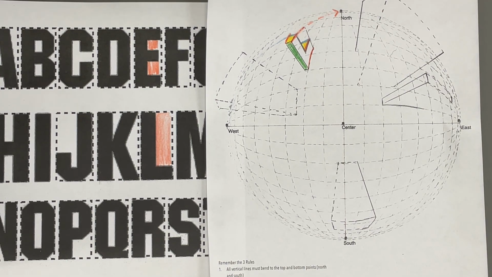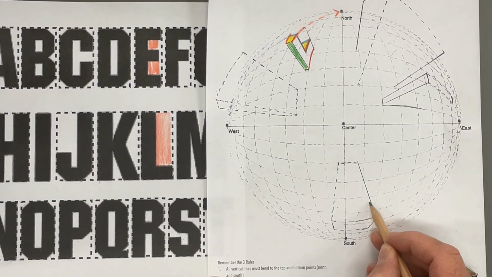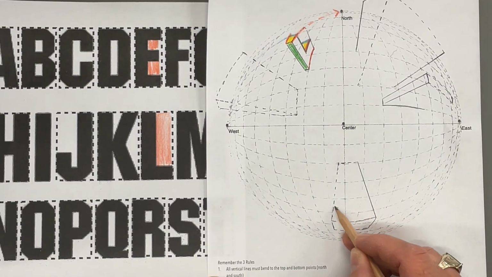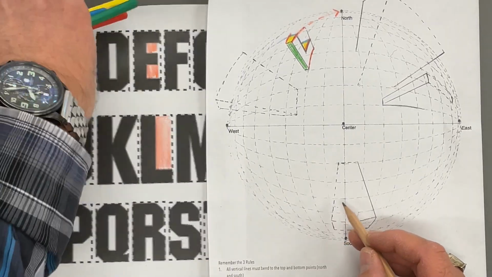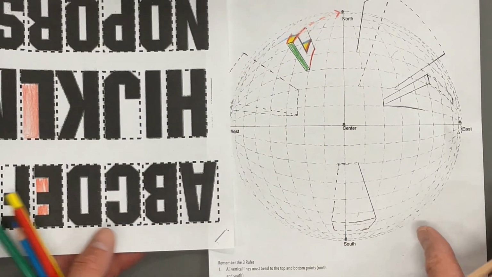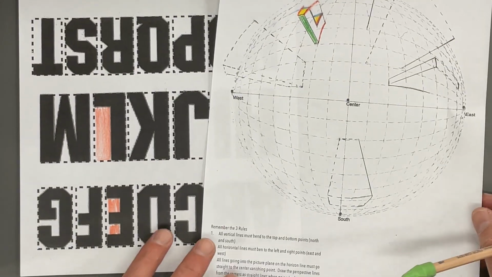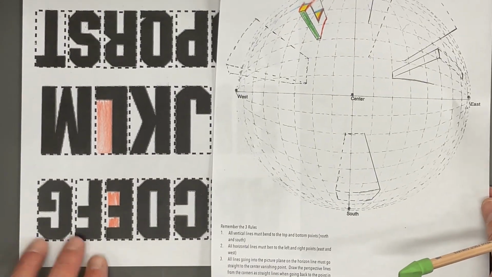So let's start with that here. What I'm going to do is go ahead and right here, this one is kind of upside down. I'm going to actually turn this upside down just so it's easier, so we can kind of see this one right here. Okay, so